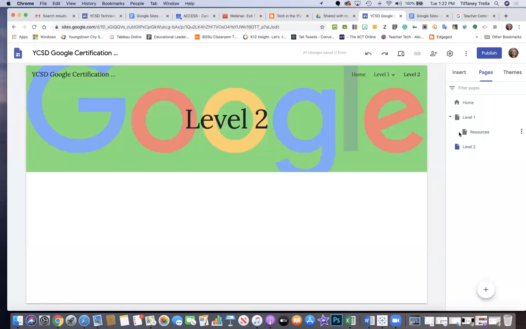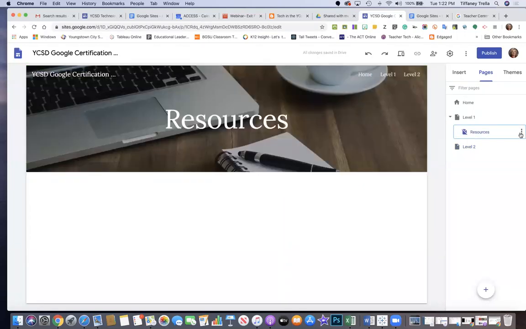Now, if I'm working on this resource page, and let's say I don't have all my resources that I need, you can actually hide this so people can't see it, and then you can go and work on it, and when you're done with it, you can show it again in your navigation so people can get to it. So if you have a page that you use for a project, you have your students doing a project, and you have all of your documents and your videos and your items on your page, but you're only using those in the fall, you can